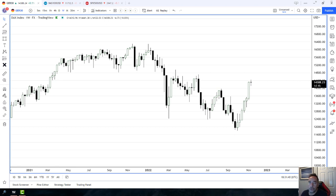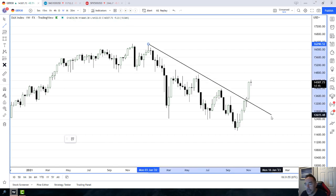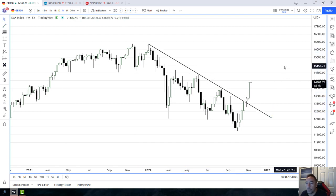Today I'm going to go through a few indices, see what they're saying. And firstly, I'm going to start off with the DAX. Now, originally, a few weeks ago now, I was actually looking for sell opportunities on the DAX, and the reason was we were underneath this trend line. We'd come into the trend line, and obviously looking for further downside as the weekly was making lower highs and